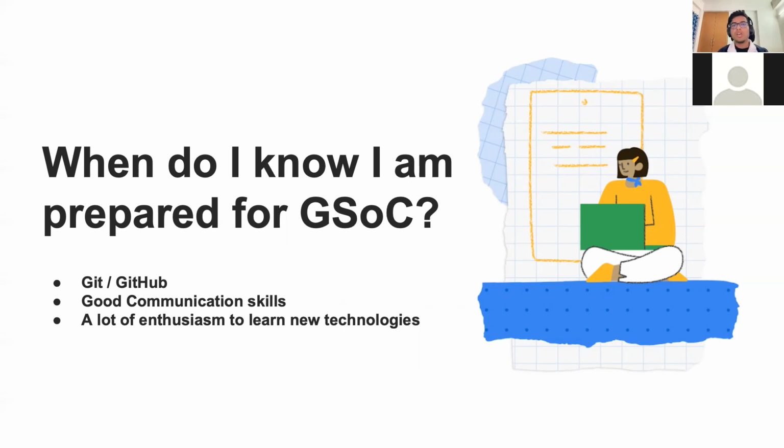I would say you can create a few projects on GitHub and maybe collaborate with your friends to get experience of how GitHub works. You need to have the basic knowledge of how to open an issue, how to create a pull request, and basically be able to proficiently work on GitHub. The second one is to have good communication skills. You need to be able to effectively communicate your ideas with your mentors as well as the other collaborators in the organization. It helps you to build a good impression on the mentors.